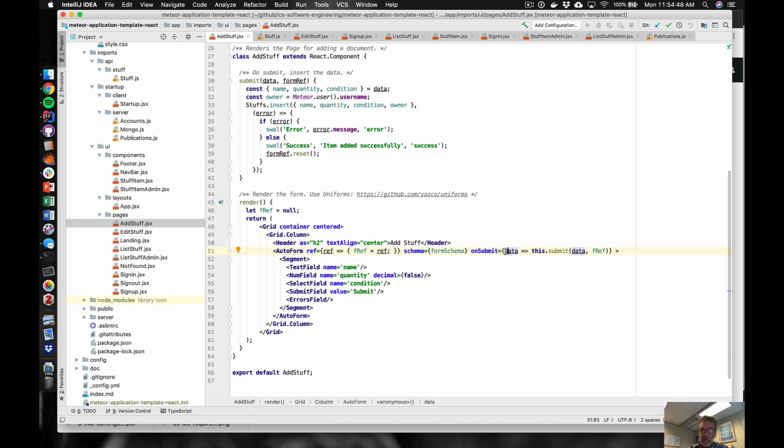you supply a function, okay, and this is the function that I'm supplying. It's a function that takes one argument called data, and whose body is an invocation of the submit function up here, passing it the data and this fref. I'll get to that in a couple seconds. But for now, just think that the idea is you're going to pass to AutoForm a function which it will call when the submit button is pressed and there are no validation errors,